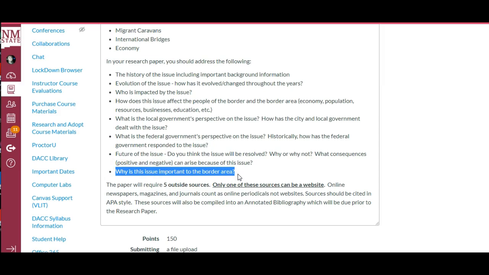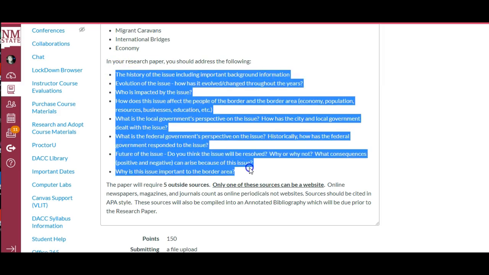to the border area? So a lot of times we talk about things like violence, immigration, and we don't take into consideration other topics. So why is this issue important to the border area? Again, who does it affect? How is it affecting the people? Why should we care about this topic? So as you can see, your essay should cover all of these right here, but